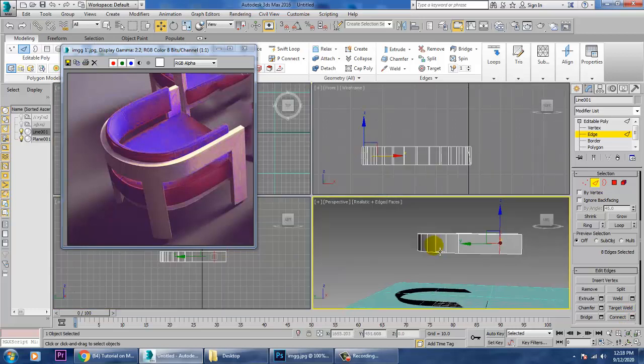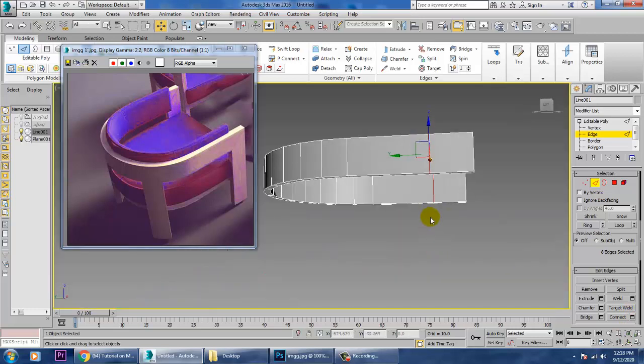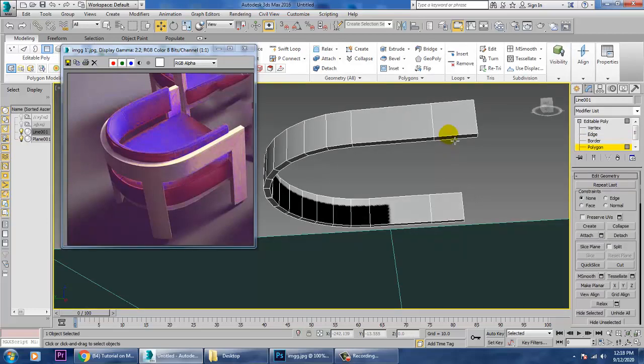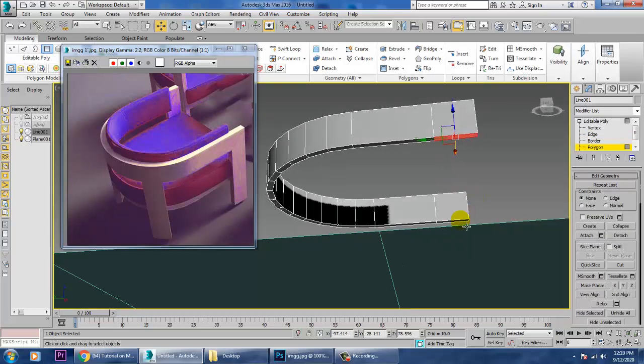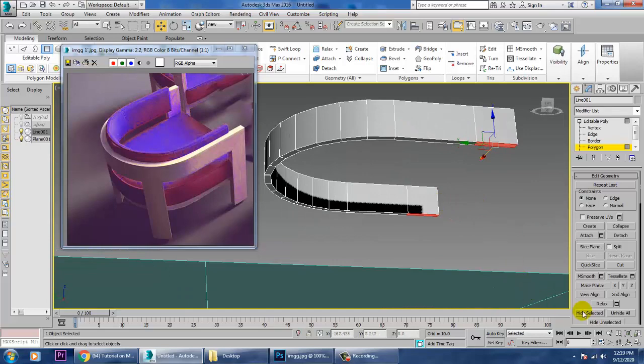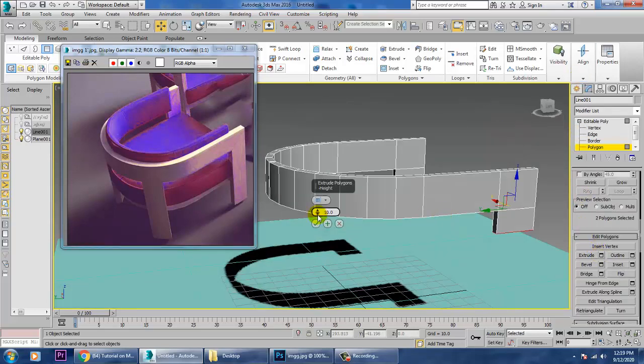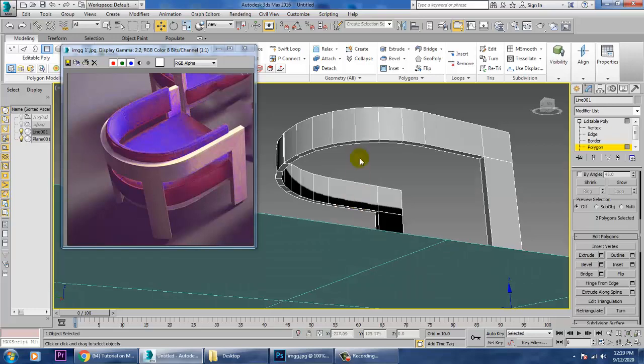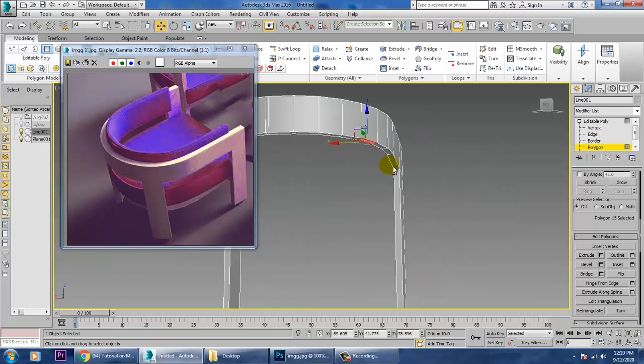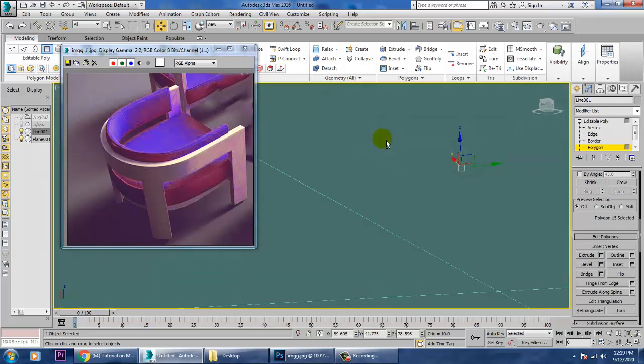So press 4 over here, that's for your polygon. Select this polygon and this polygon and just click on extrude option down till here and click OK. So select this and select this over here.